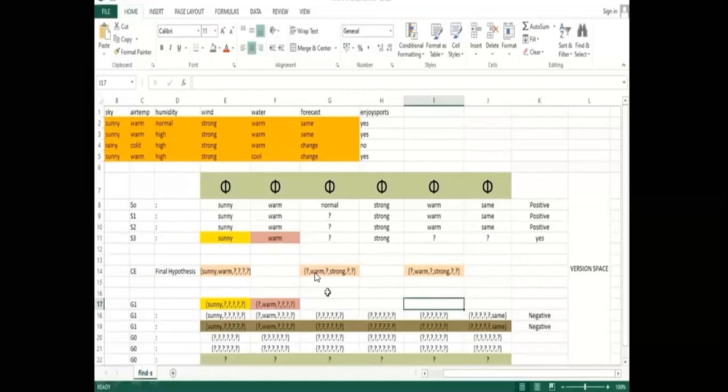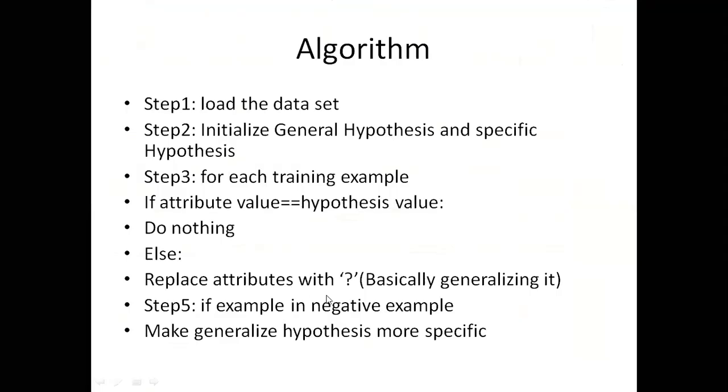And here you can find a warm along with the strong. So I replace question marks with warm and strong. This is nothing but the final hypothesis you can find with this. I mean, replace at step 5: if the example is a negative example, make generalized hypothesis more specific. So let me directly go to the execution part, then you'll get to know.